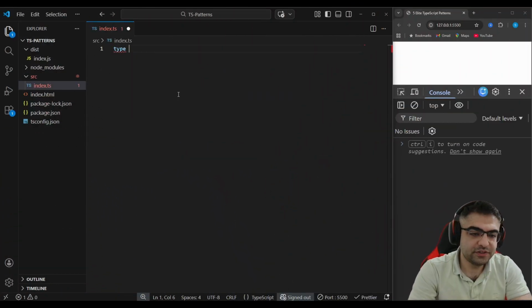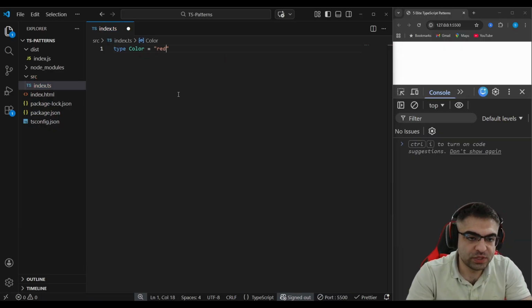Finally, the hidden gem of modern TypeScript in 2026, the satisfies operator. This pattern lets you validate an object's shape without widening its type. Let's say we have a color palette object. We want to ensure all the keys are valid color names, but we also want to preserve the specific hex values. So here I declare the type color, which is either red